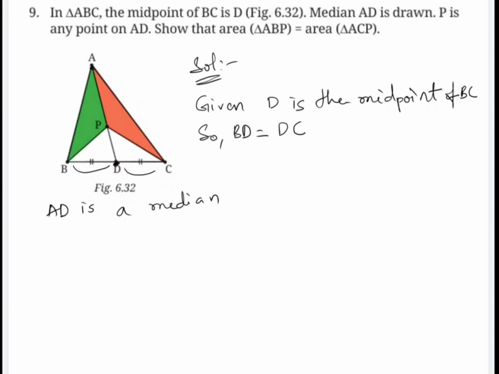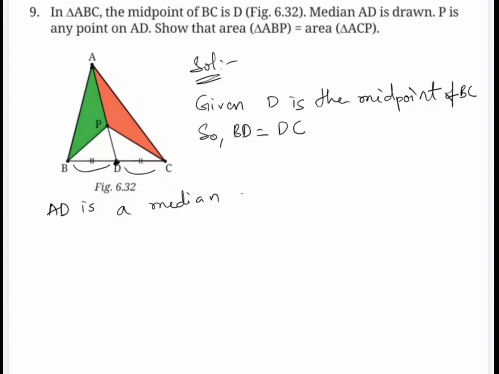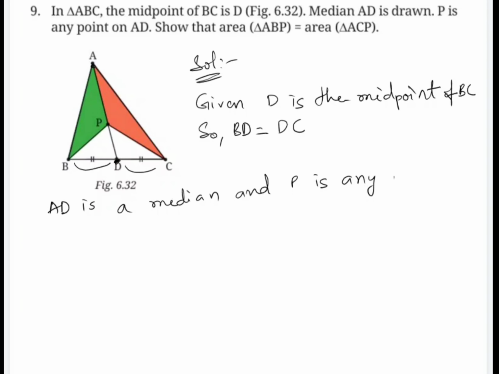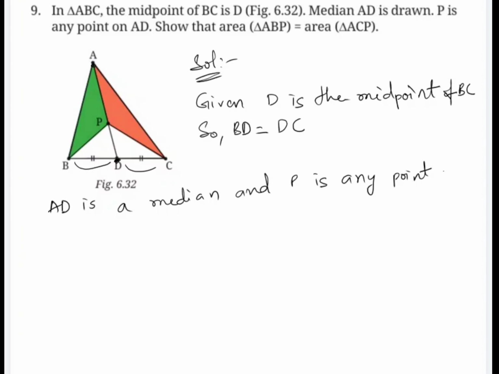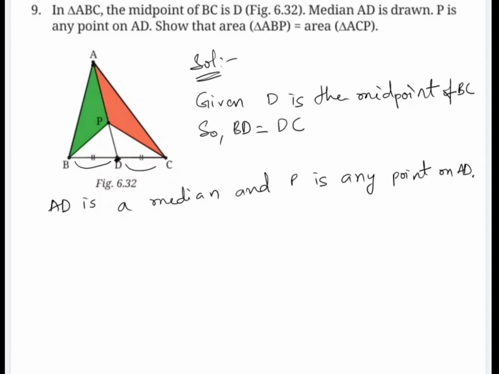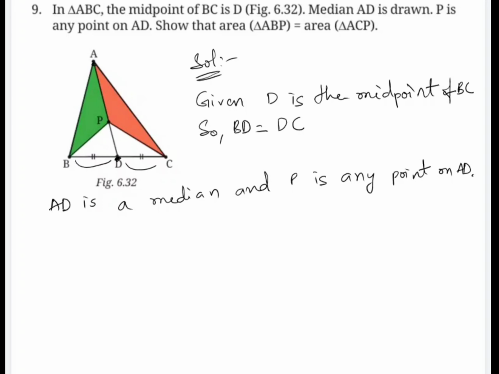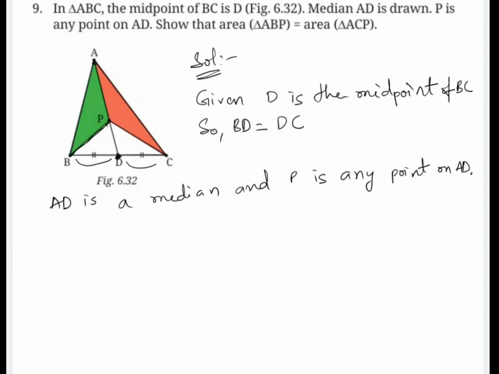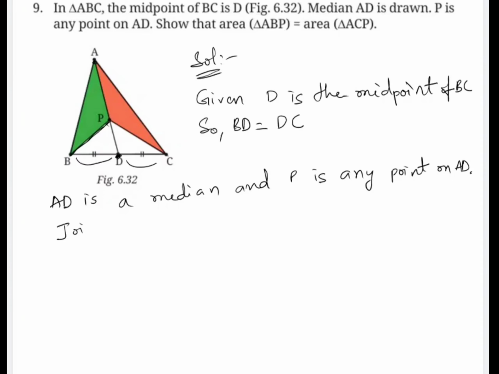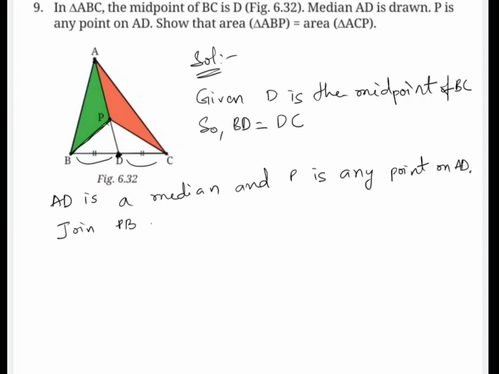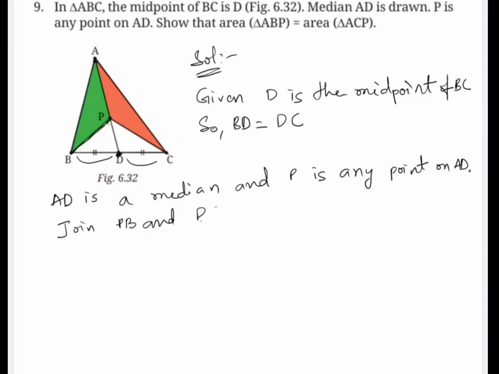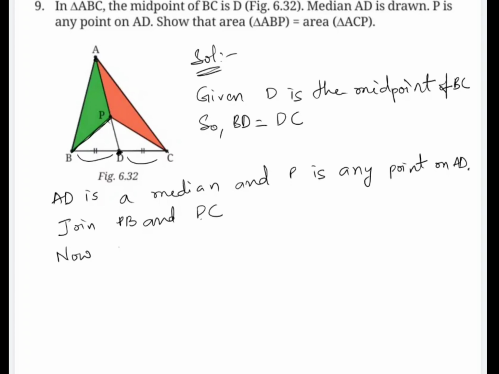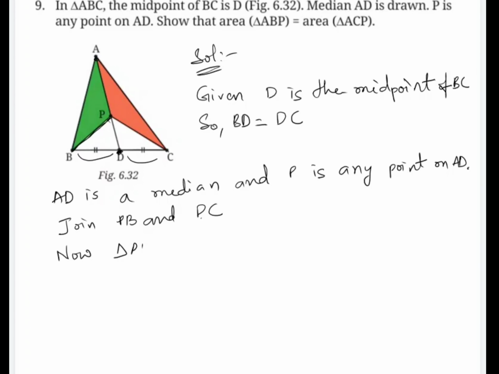and P, here we can take P as any value, and P is any point on AD. Okay, we will join this P to B and P to C. Join PB and PC. Now let us take two triangles, triangle PBD